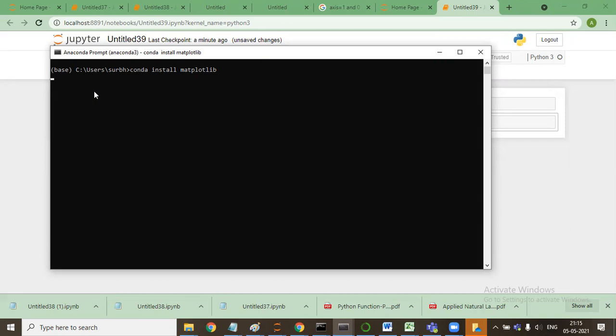So let me do it for you right now. I have already told you the ways to install libraries. This is the way which I prefer. Another is pip. Third is through Navigator. Fourth is through Jupyter Notebook only. Fifth is by copying the package and pasting it in the required folder. That will also work.